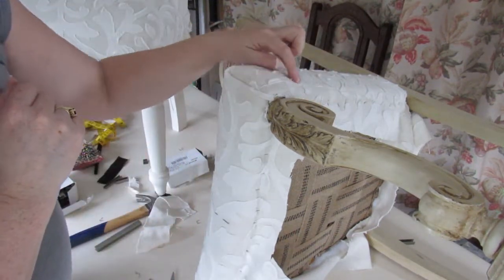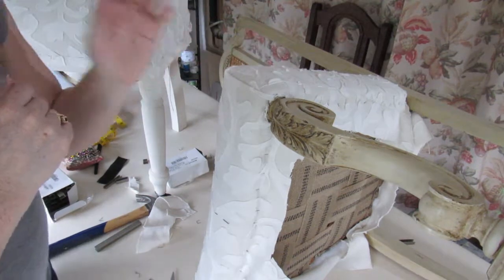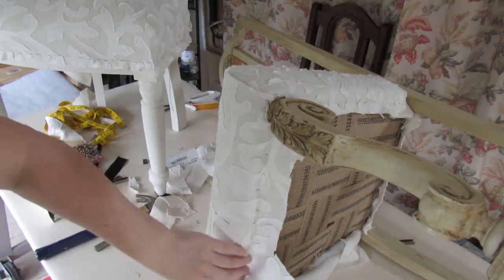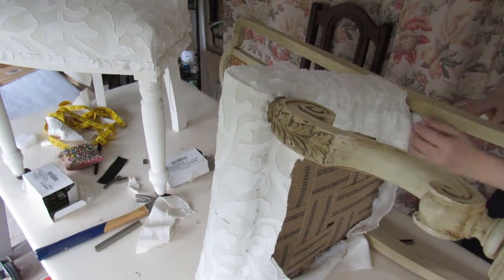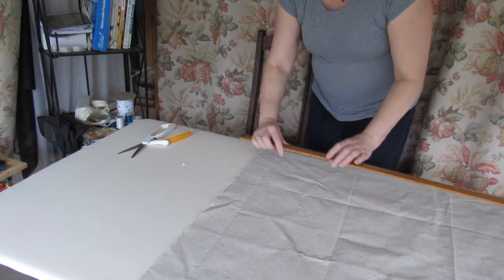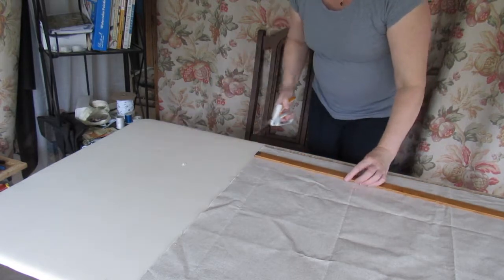And as you see, this seam here kind of disappears. Nobody will really see it once the chair's upright. Right, now we can work in the other side off. Trim up your fabric. To finish off the chairs, I need a couple of lengths of piping cord, which I